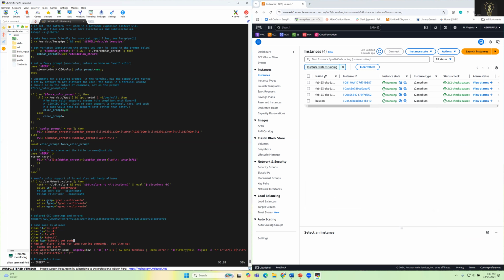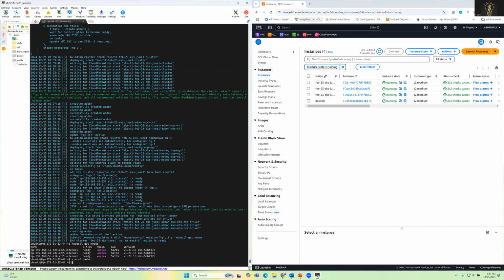So that's the shortcut way. And then lastly alias kgs equal to kubectl get svc, which means service. So everything looks good. Let me just save and quit this one,